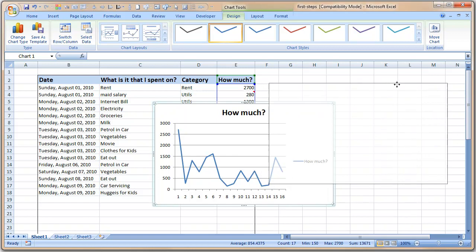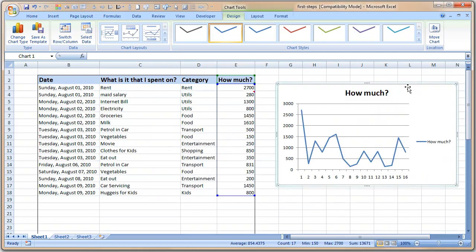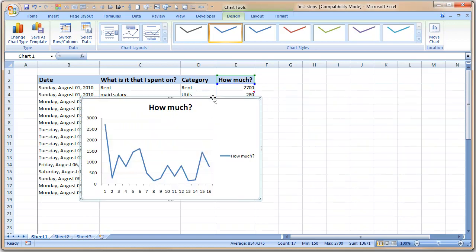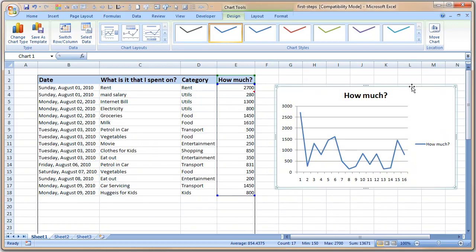Excel will by default insert a chart, format it with default options and then put it. You can drag the chart to position it anywhere you want, like this. When you select the chart, you will see three new ribbons: design, layout and format. Design tab is used to specify the source data. You can move this data anywhere, but when you select this chart, you will see that some border is appearing around the data. So this is the data, how much is the series name, and the blue color one is